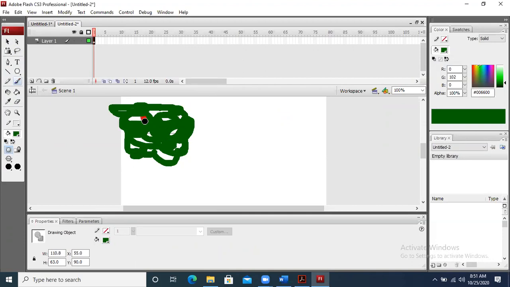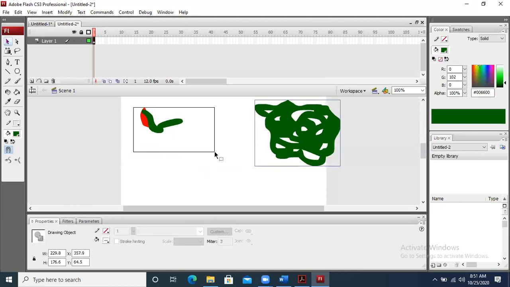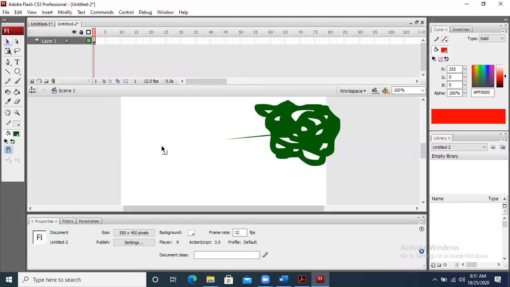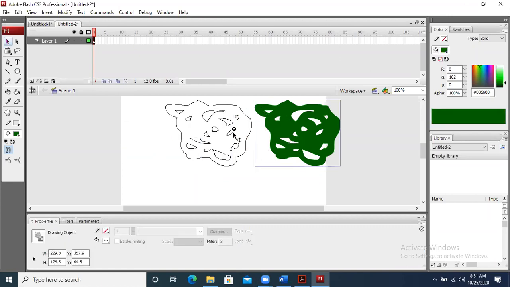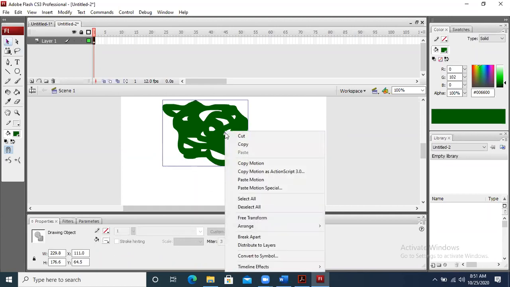Okay, I have drawn this thing. This is basically a separate object that I draw. Now you can see that this is basically the object. When you have got an object, you will see its properties are there, which are at the bottom.